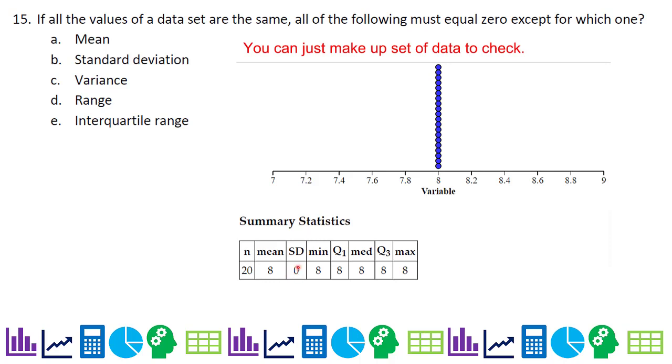The variance is standard deviation squared, which is 0. The range, max minus min, is 0. And IQR, which is Q3 minus Q1, that would be 8 minus 8, is also 0. So the answer is A. Mean is the only one that